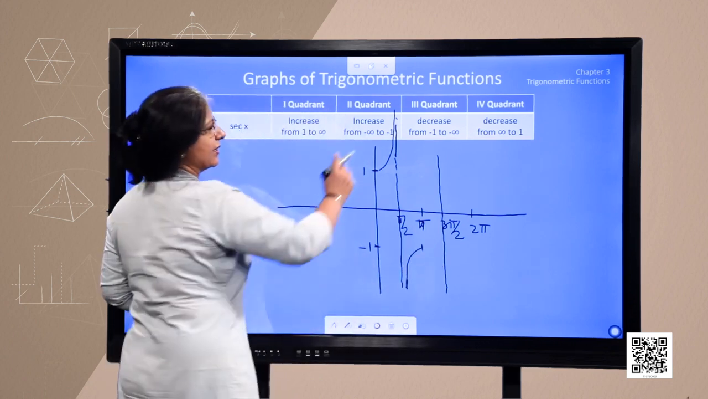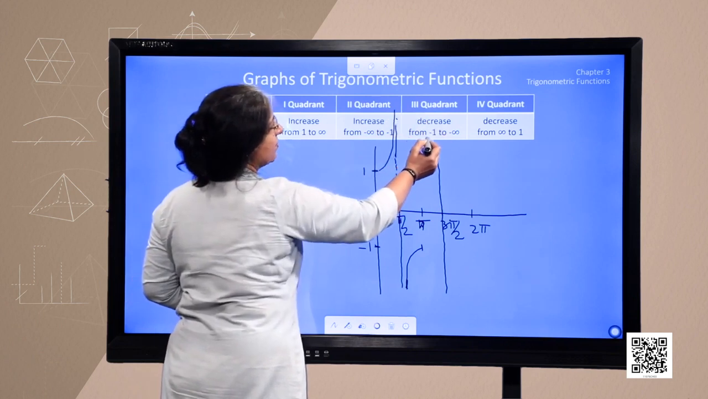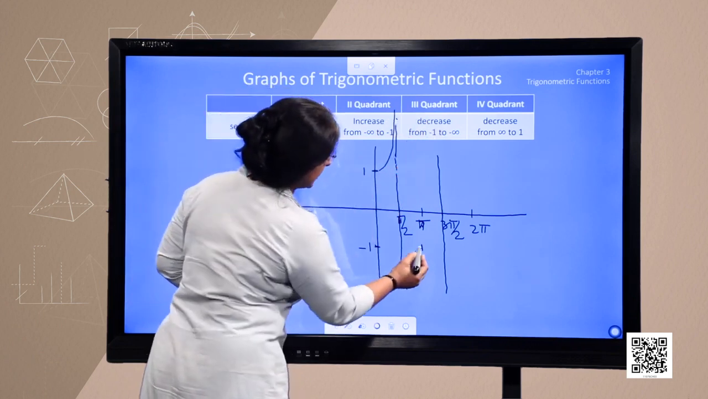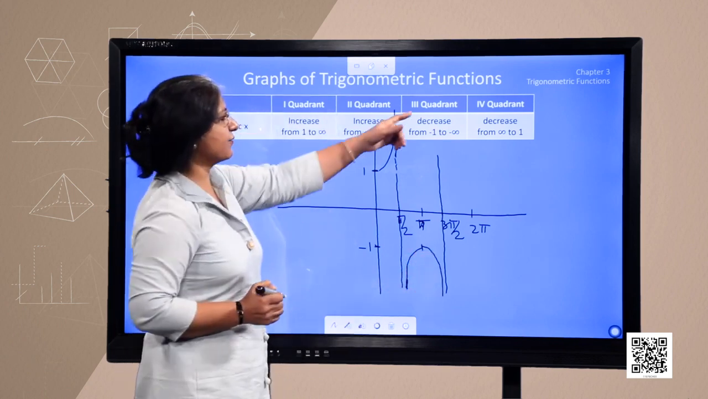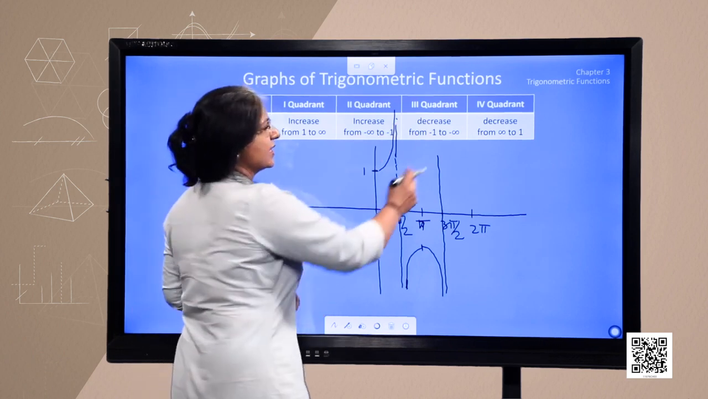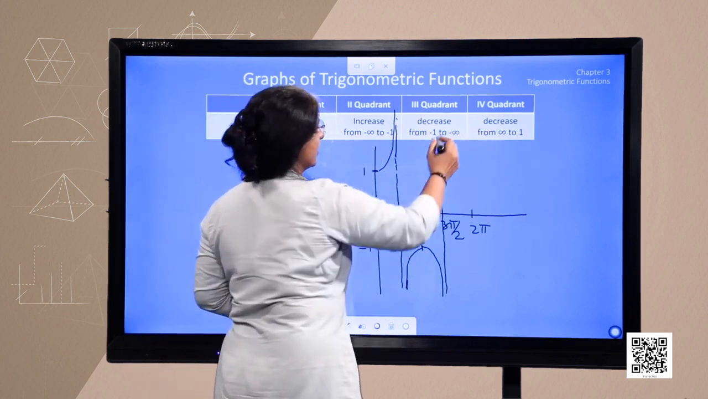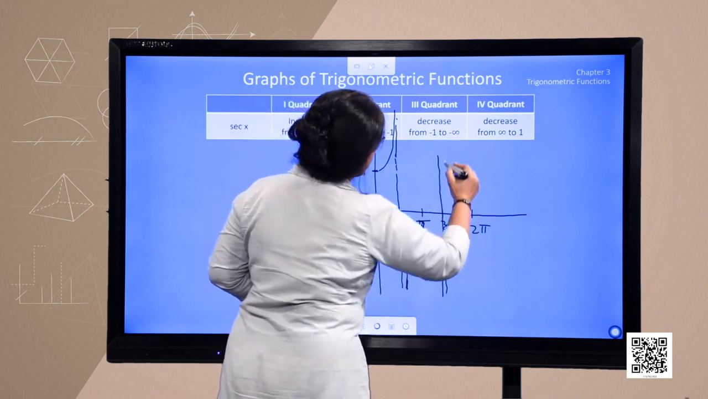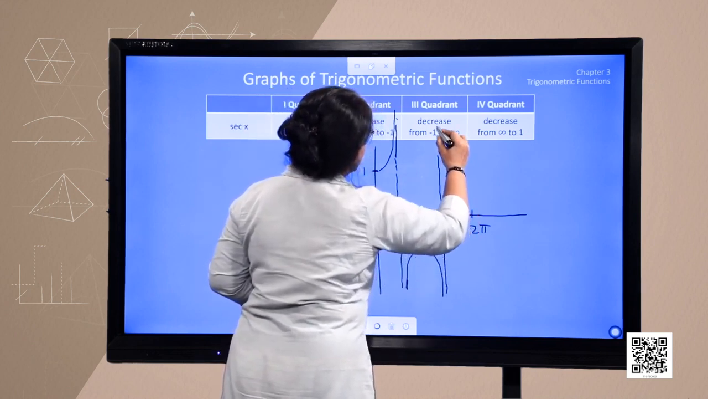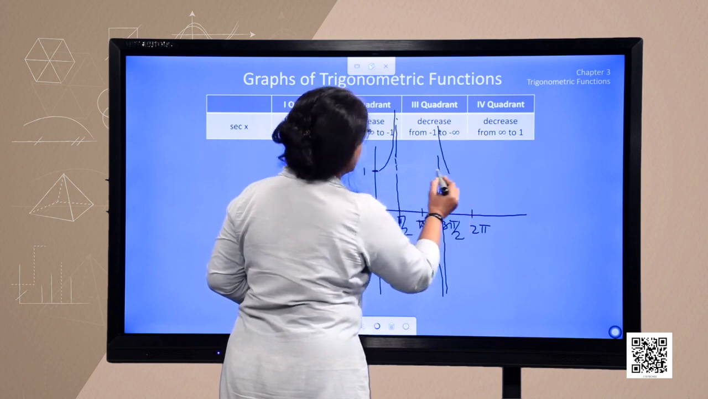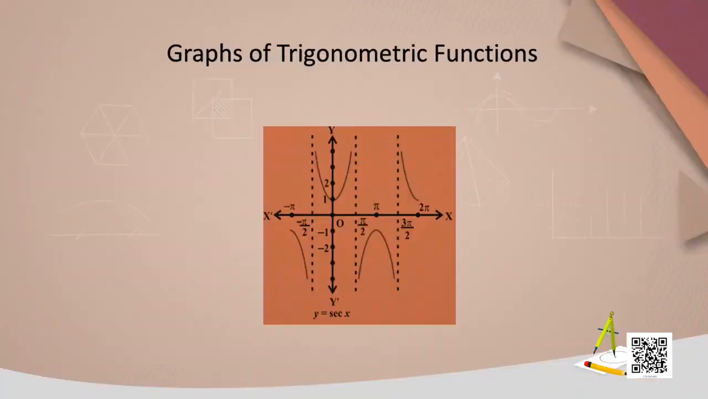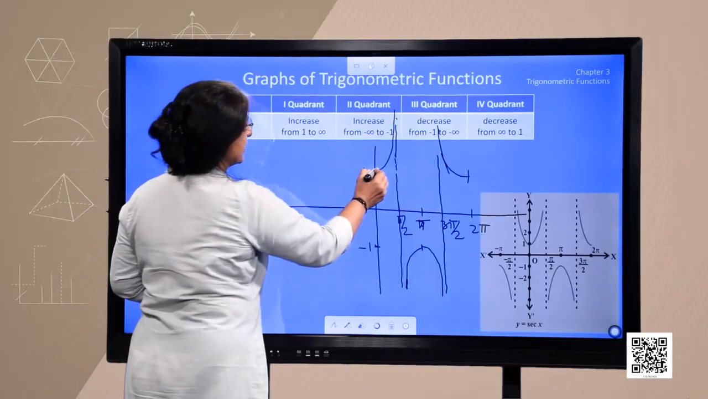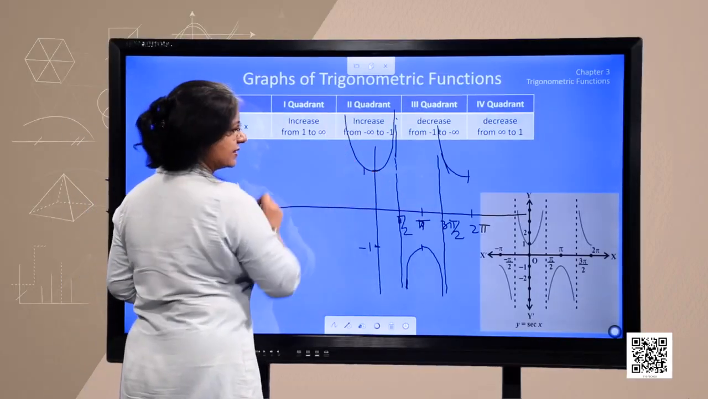And in the third quadrant, it decreases from minus 1 to minus infinity. Minus 1 to again minus infinity, it decreases like this, and in the fourth quadrant the value of sec x decreases from infinity to 1. Here we will come till 1 only. So, this is the graph of the secant function that you can see here. If we extend it further in the negative direction, this will be like this,